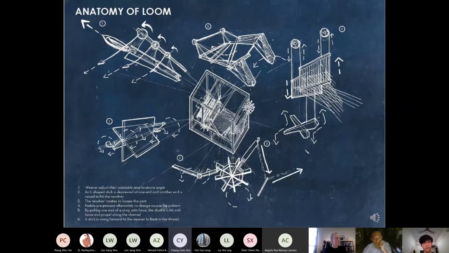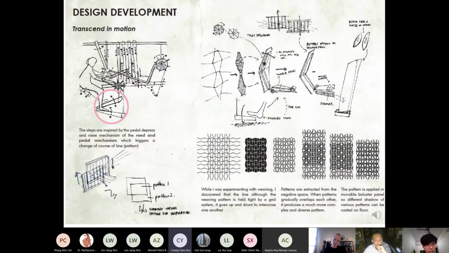So I start to look into how the loom works, which is its mechanism, and I find that the pedal mechanism, which triggers the change of course of line in the machine, is very interesting. When they weave, they step on the pedals, and these pedals will trigger the change of lines, and this change of course will trigger the change of patterns in their weaving.